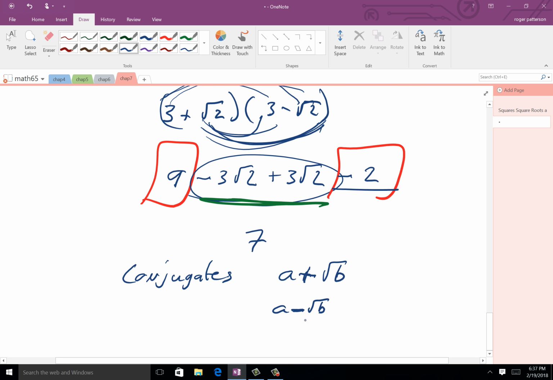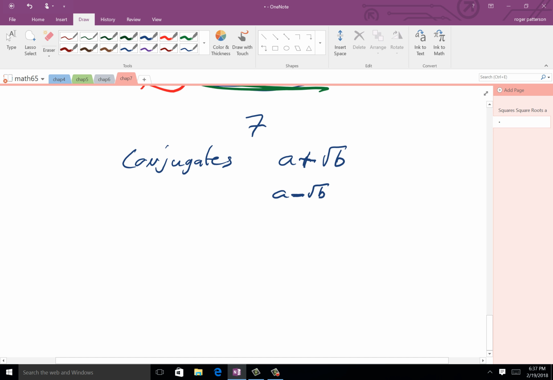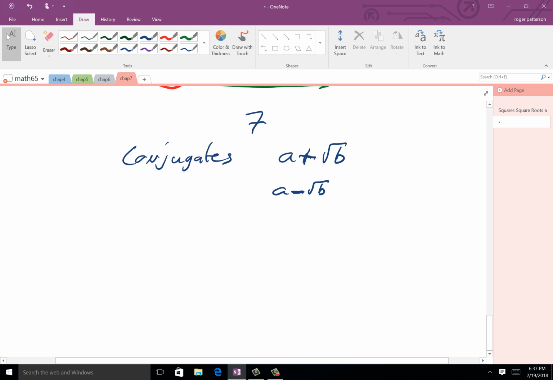Okay, so for those you are taking 95, I believe it is. I can't quite remember if we do this in chapter 9 or not, but you'll see this again and it'll be important. Okay, so I'm not gonna ask you on your test, you know, hey, give me the conjugate of this, because we're gonna apply it here in a little bit. But you know, it's good if you kind of recognize that a little bit,